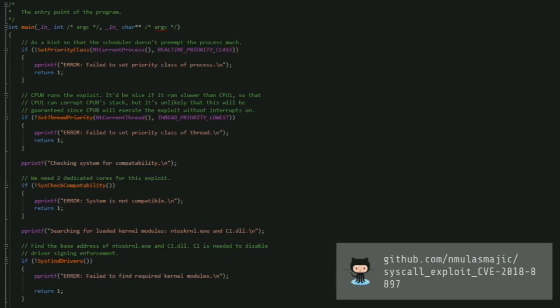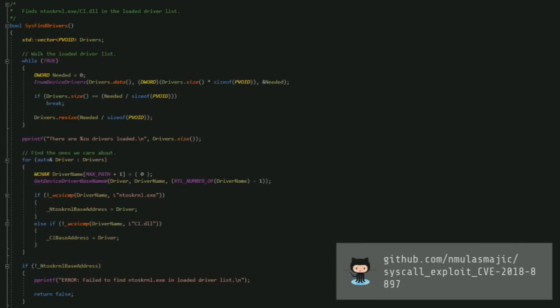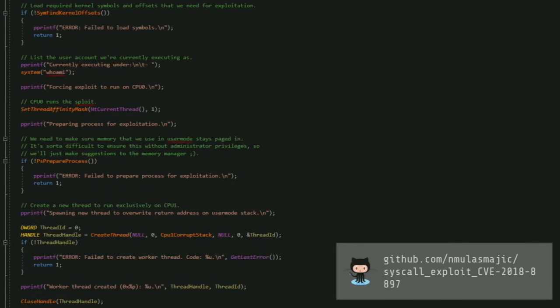Now we're going to go through the demo code that actually makes this possible. It's on Git, so you should really just check it out there. There's a lot of stuff that happens, but a lot of it is boilerplate code that needs to happen. We need 2 CPUs for this exploit, similar to the int3 variant. The most important thing is we have to figure out where certain key locations of the Windows kernel are in memory. We need to overwrite the driver signing enforcement check so we can load unsigned drivers. And then we also need to steal the system token so that we have admin privileges from an untrusted application.